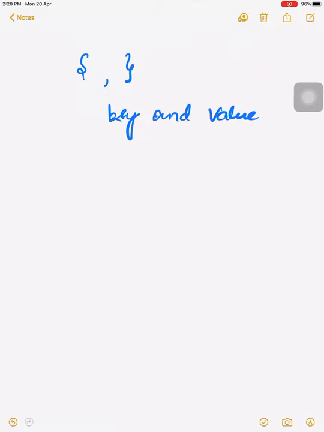Understand this? Now another thing: we can create a dictionary with the help of the dict function. For example, as you already created lists and tuples, same we can declare our dictionary with the dict function.